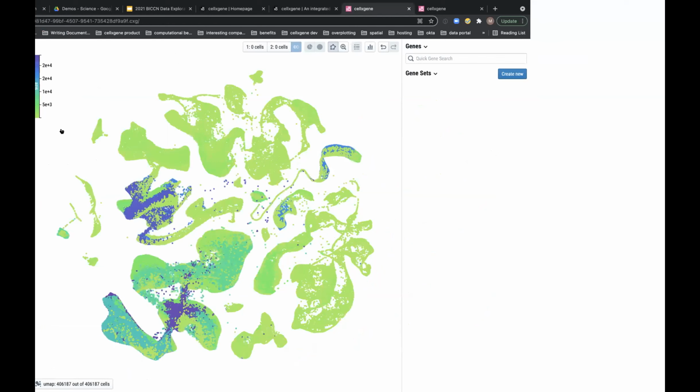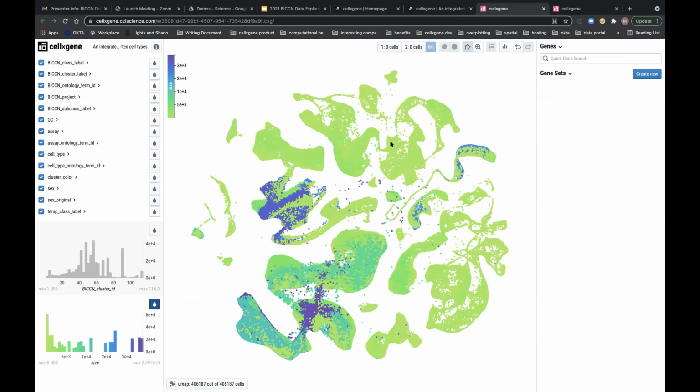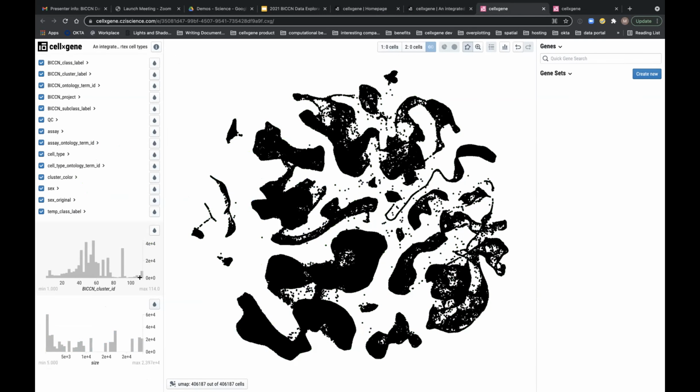With that, I'll switch over to looking at features. I'll just uncolor by this. Here's the gene search bar, so you basically start typing in your gene name. The cool thing is that it auto-suggests based on the prefix that you've already entered.